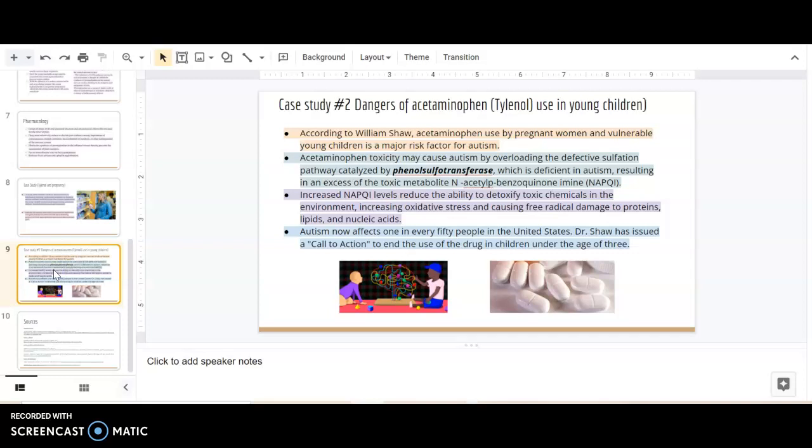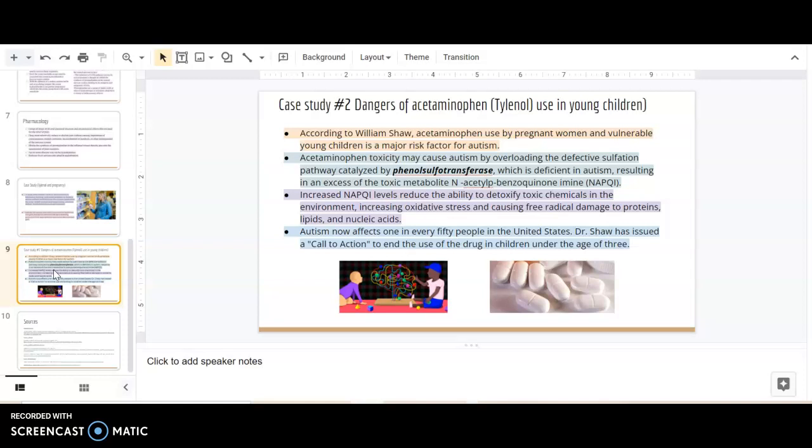Case study number 2. According to Dr. William Shaw, acetaminophen used by pregnant women and vulnerable young children is a major risk factor for autism. Acetaminophen toxicity may cause autism by overloading the defective sulfation pathway catalyzed by phenolsulfotransferase, which is deficient in autism, resulting in an excess of the toxic metabolite